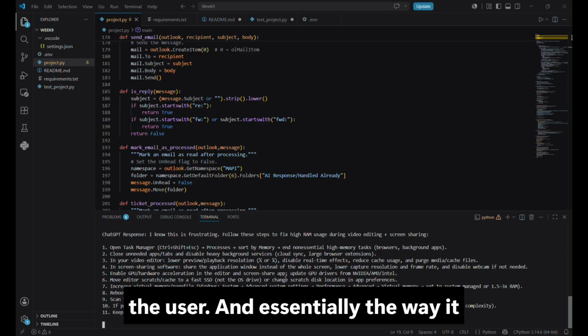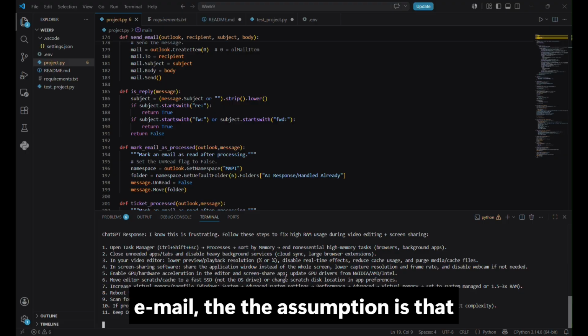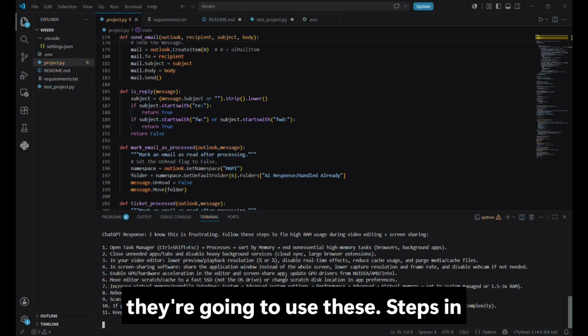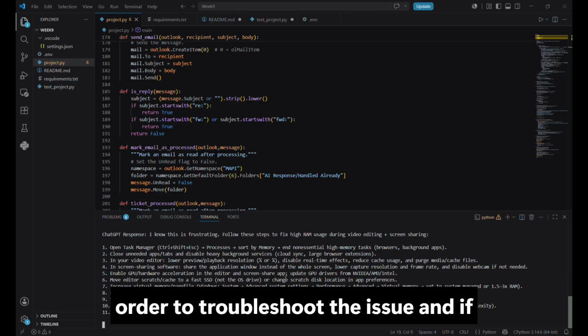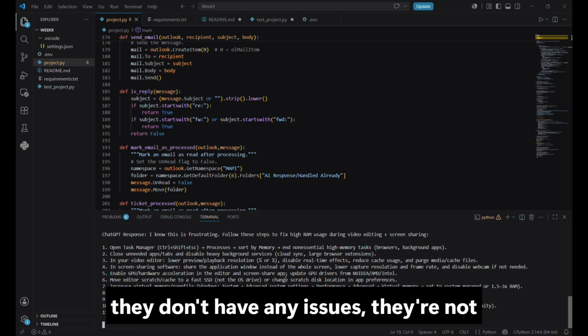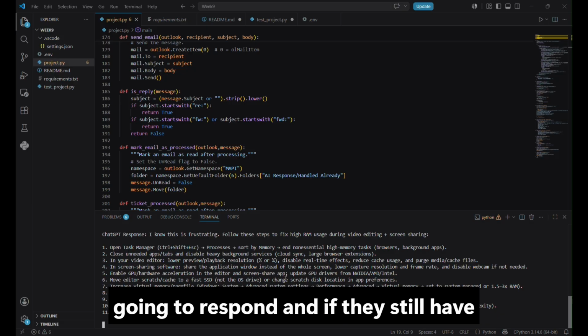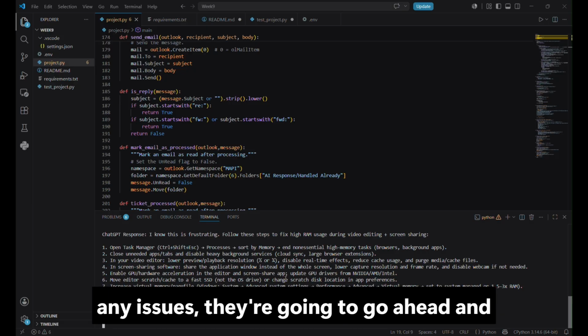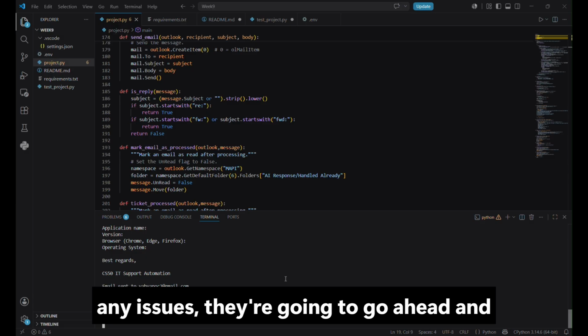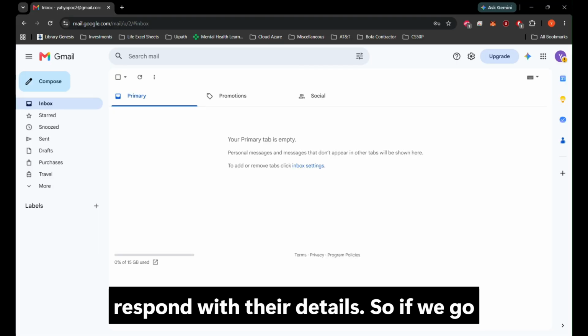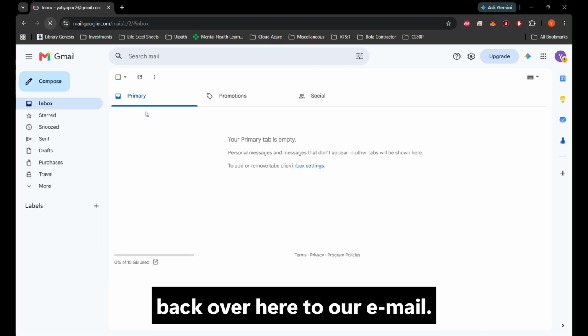Essentially, the way it works is once the user receives the email, the assumption is that they're going to use these steps in order to troubleshoot the issue. If they don't have any issues, they're not going to respond. And if they still have any issues, they're going to go ahead and respond with their details. So if we go back over here to our email,